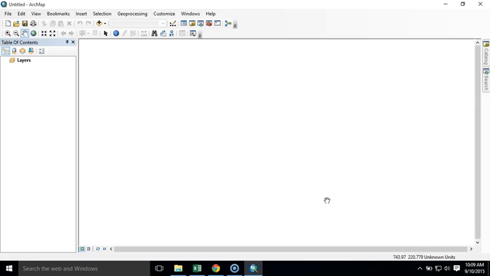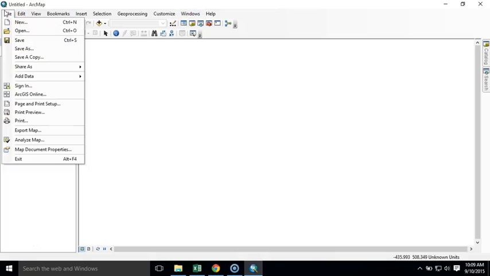Right off the bat, first things I would notice as a new user are that there's a menu bar up here. You're probably familiar with menu bars from many other applications. They're starting to disappear in newer software packages, including in ArcGIS Pro. You don't have this as much, but the classic example would be Microsoft Office has a ribbon interface. ArcMap still has kind of that classic interface where you have a menu bar with a file menu,